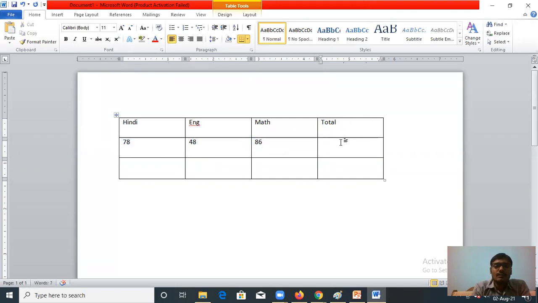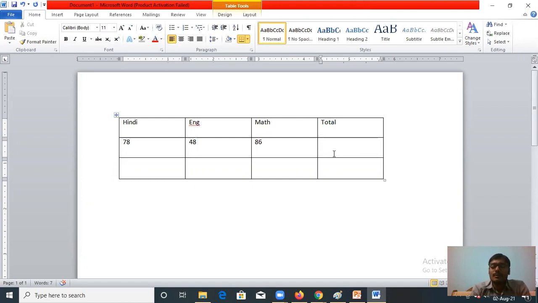Okay. Now what are the steps to do calculations in MS Word? So we can perform calculations like finding the average of the numbers present in a row or a column. Suppose this is the data and I have to do the addition. I have to add all the numbers so that I can get the total marks. So what is the first step? We click in the cell where we want to place the formula. I have to select the cell where I want to find the total. So I need to select this cell. I have already selected it.